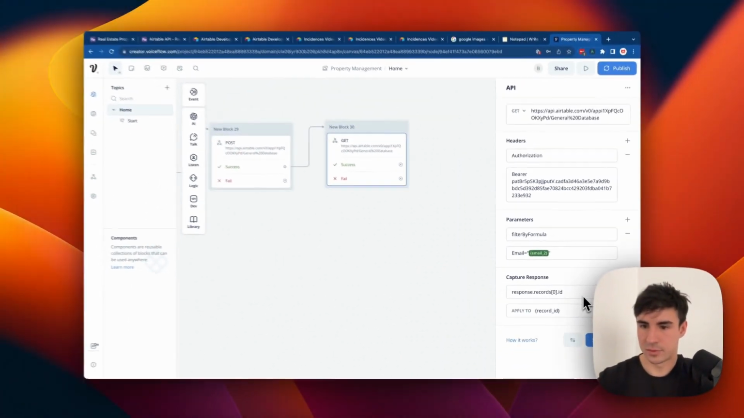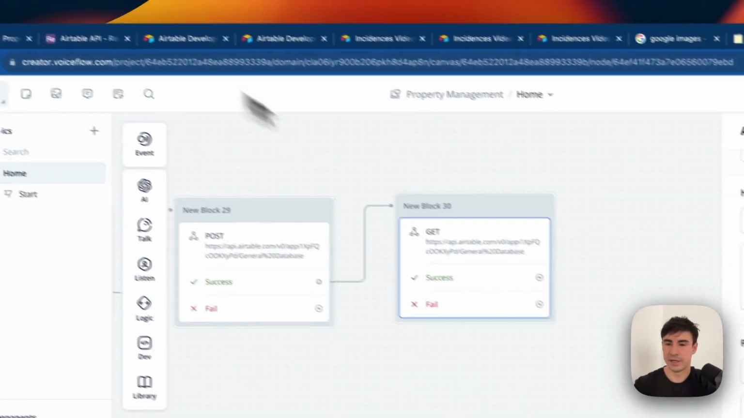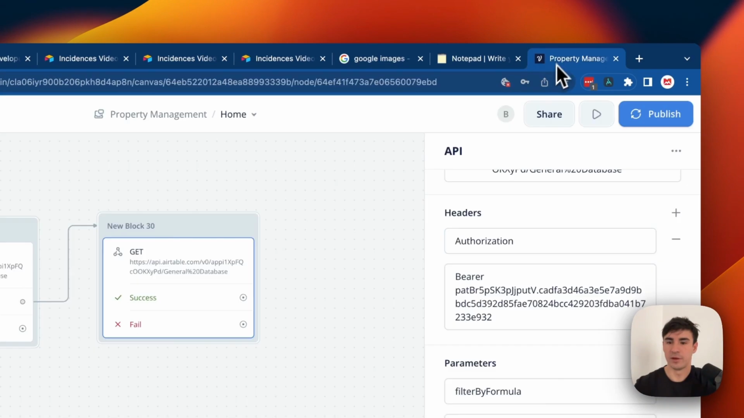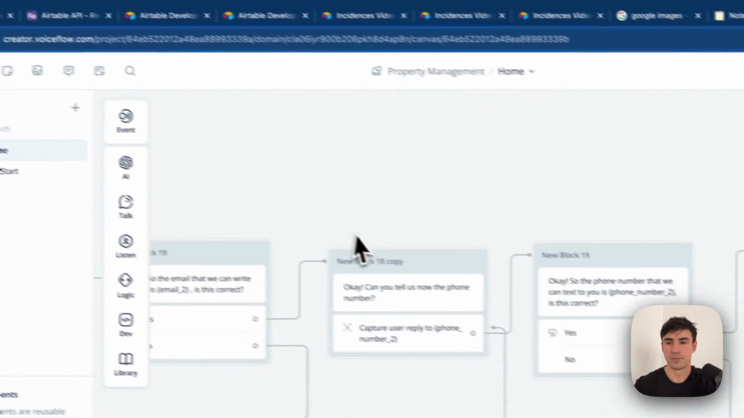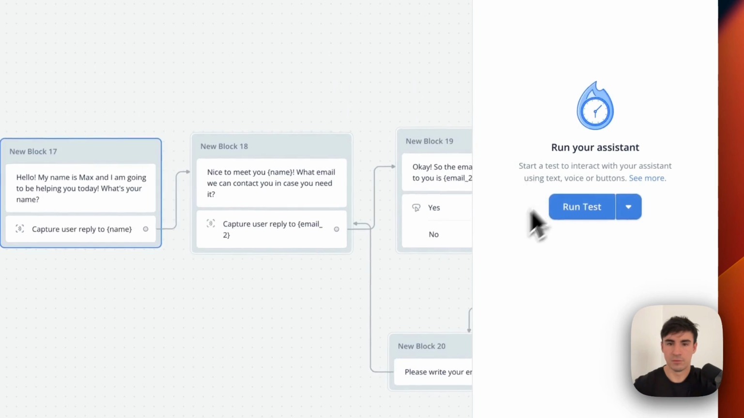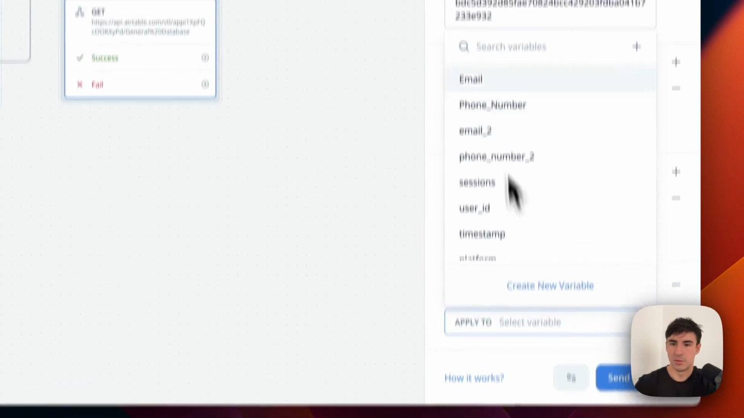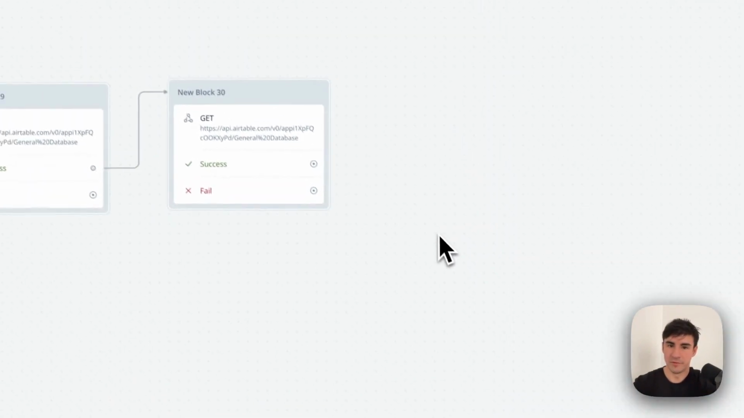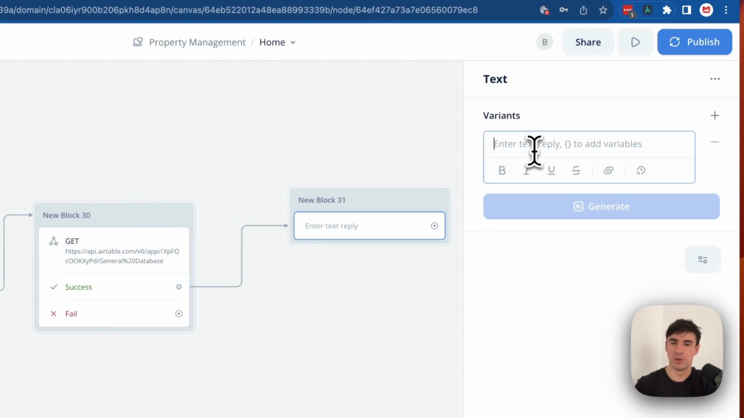That is a variable that we need to create as well. So here, form link, and actually we need to make sure that this actually matches exactly as it is. So form link, perfect. So select variable, form, select variable, form, again, select variable, form link. Perfect. So now when this is a success, we're going to create a text block and we're going to send